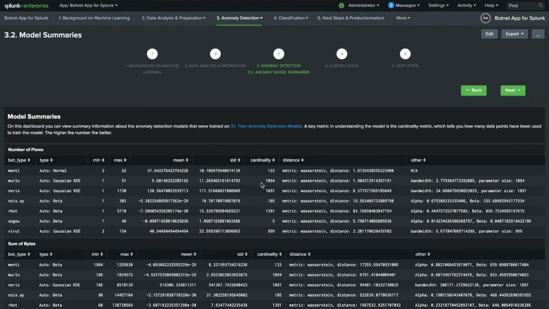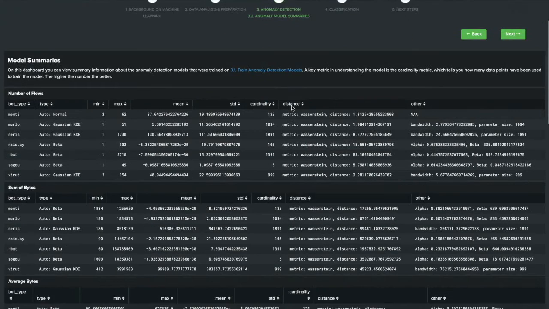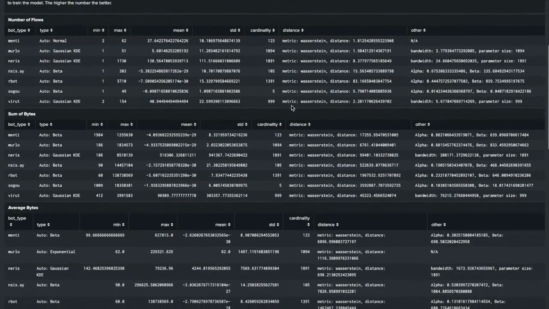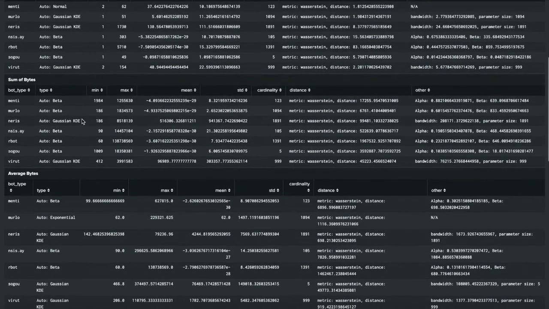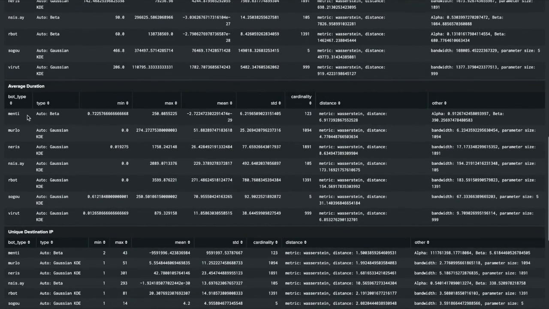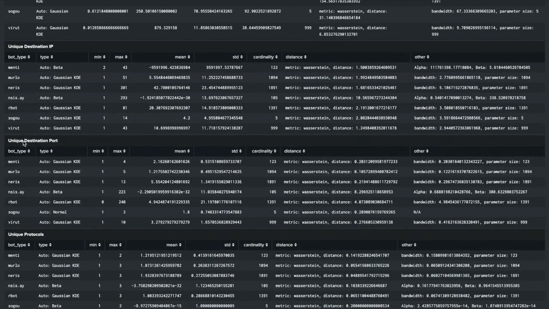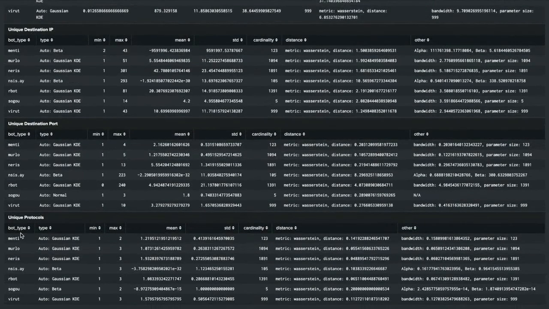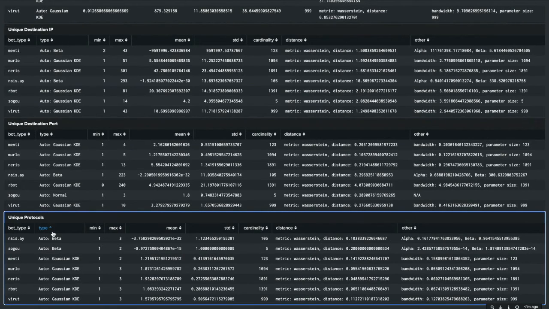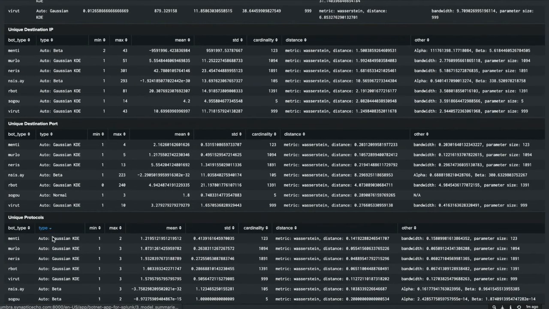The anomaly detection models can be inspected using the summary dashboard to understand the thresholds being used by the probability density algorithm for each of the numerical fields in our dataset. This is useful when you're trying to understand why normal statistical thresholds are failing to detect specific cases. For example, bots that have Gaussian KDE distributions or exponential distributions would generate many false anomalies if a normal bell